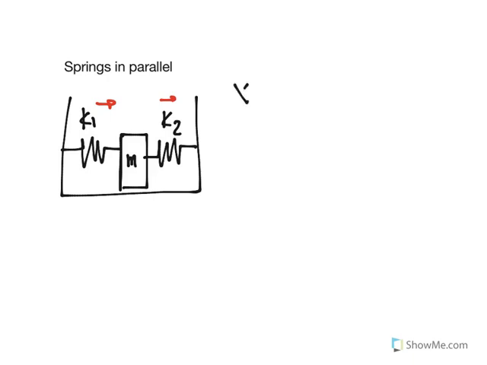So it means that the x that I am deflecting equals x1, which is exactly the same as the deflection x2. And now I have to input two forces, the force to deflect the left spring and the force to deflect the right spring, such that the force will be equal to k1x